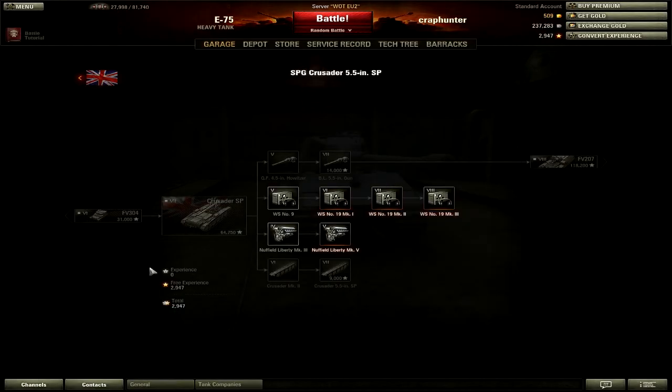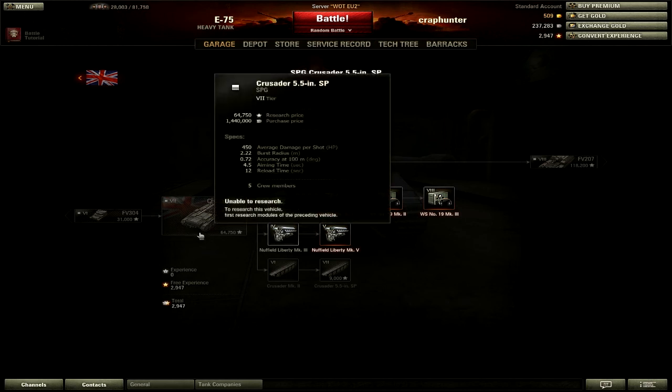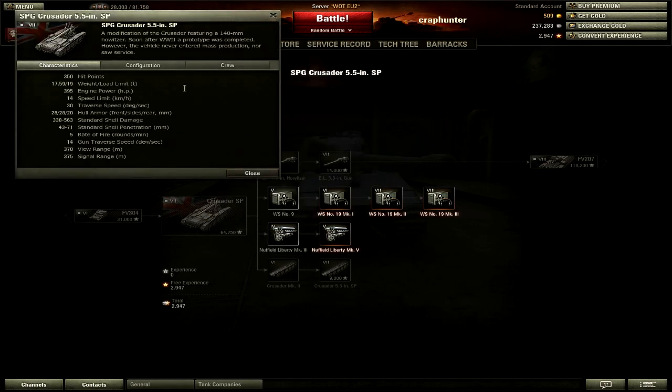Right, okay, England went down the drain again. This is a Crusader SP. Okay, this is the strangest looking tank design. It looks a bit like a tank with a winch on it. You know, you get some of those tanks which have that special design to just fix tanks. This one, fair enough. Modification of the Crusader featuring...